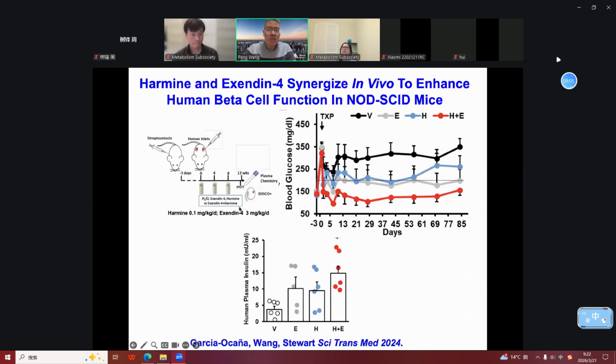or combination. I want to point out here, for treatment with harming, we only use 1/10 of the normal harming amount. The reason is we want to see the synergistic effect. If we use the normal harming dose, we will reduce glucose level rapidly in 1 week. That's why we want to see the combination effect. We decide, okay, let's cut the harming to the 1/10 dose, the combination, everything is 1/10 dose. In that way, we want to see whether we can see the